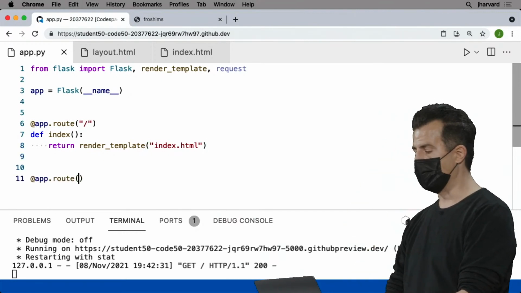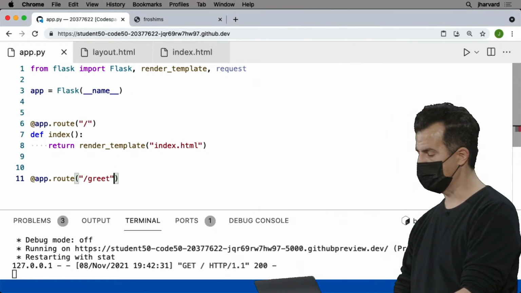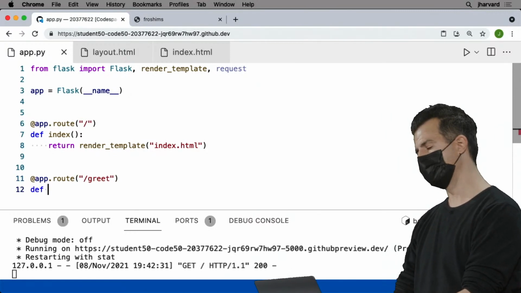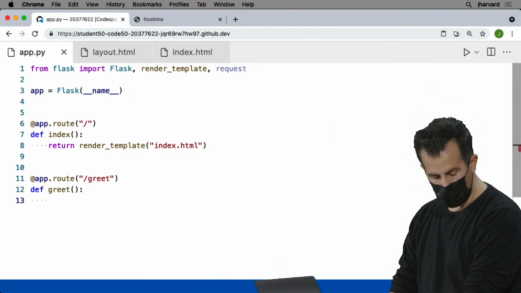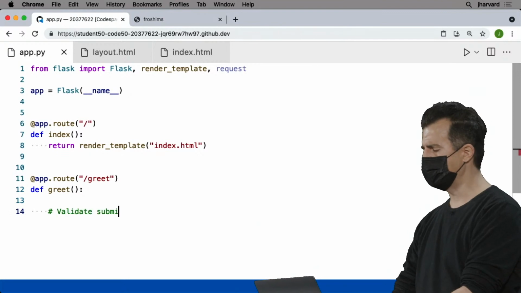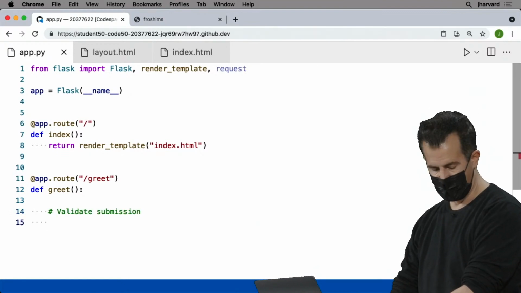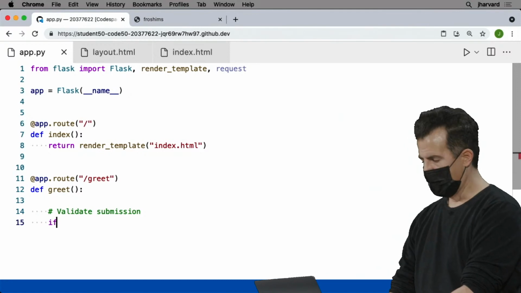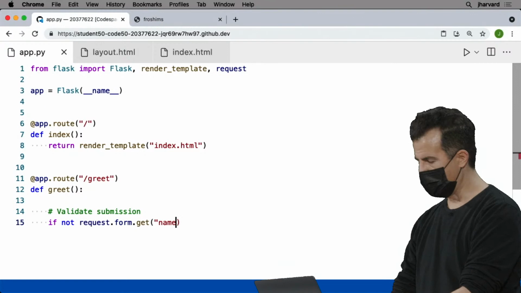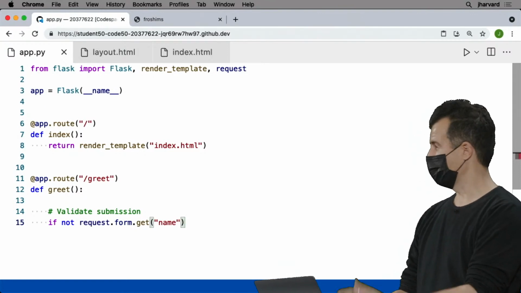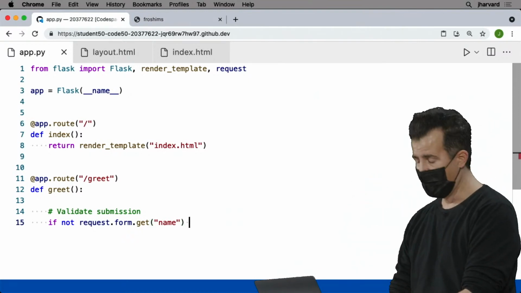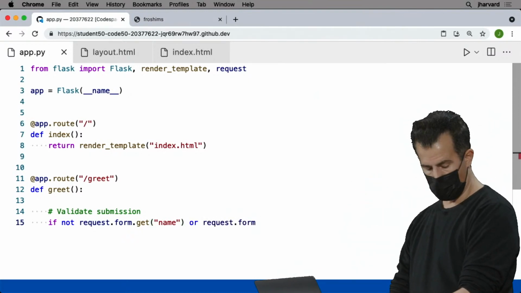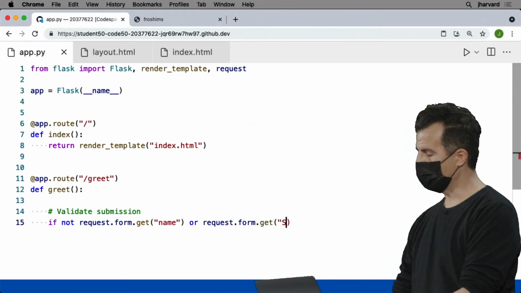So let's create another route called greet. And then in this route, let's create a function called greet, but it can be called anything we want. And then in the greet function, let's go ahead and validate the submission. So a little comment to myself here. How about if there is not a request.form.get name value? So that is, if that function returns nothing, like quote unquote, or the special word None in Python, or request.form.get quote unquote sport,